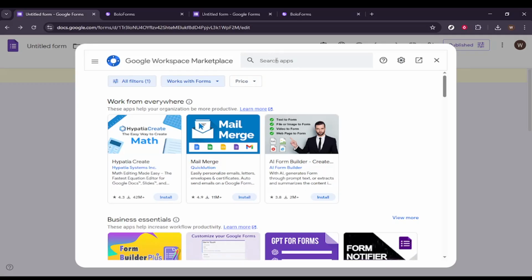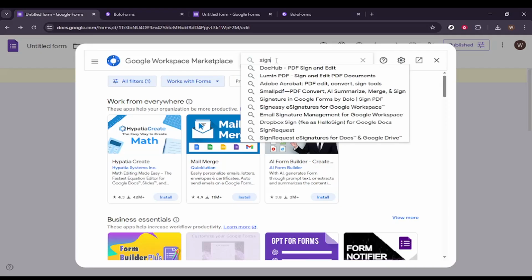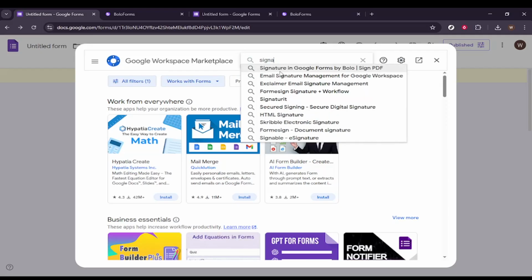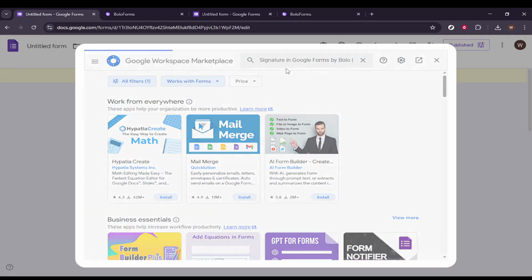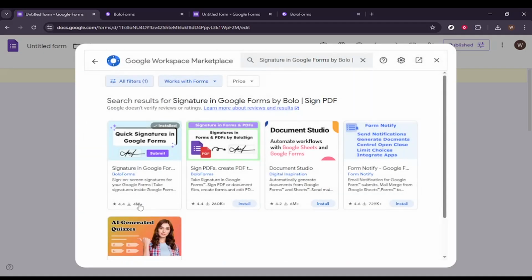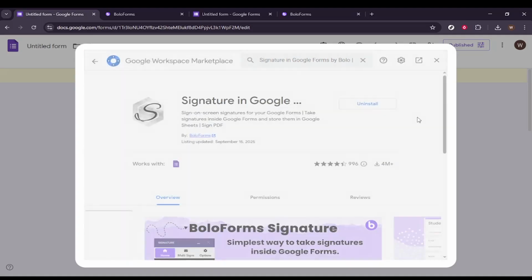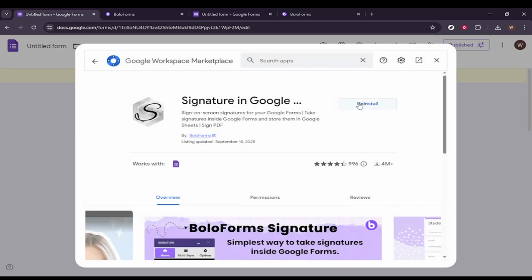Now click Install. Google will guide you through a few confirmation screens. Click Continue when prompted, then follow the Google permissions flow. You may be asked to confirm your account and approve access. Read the permission prompts carefully, then continue through the remaining approval screens until the installation finishes and you return to